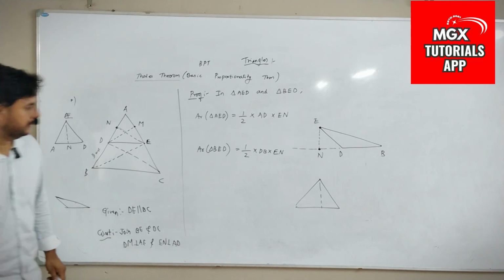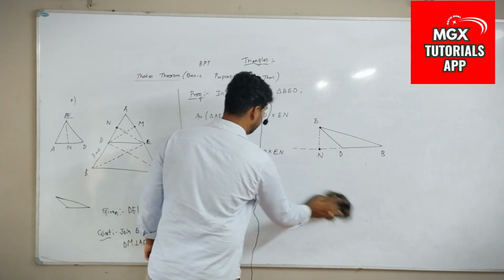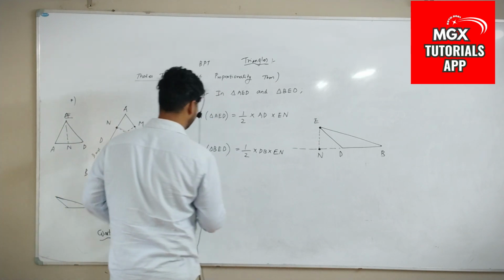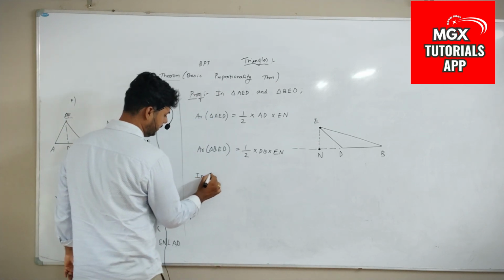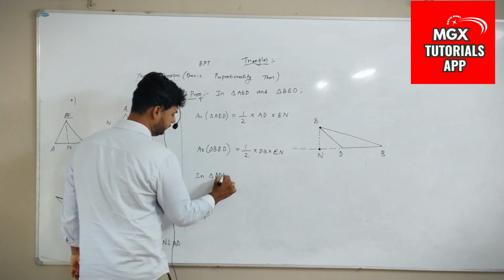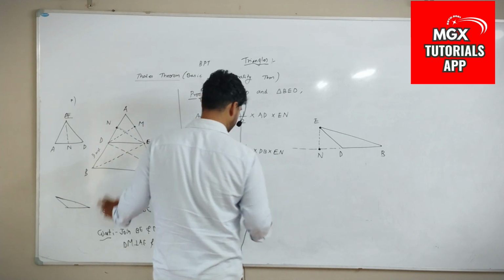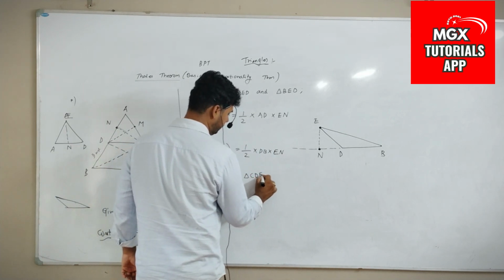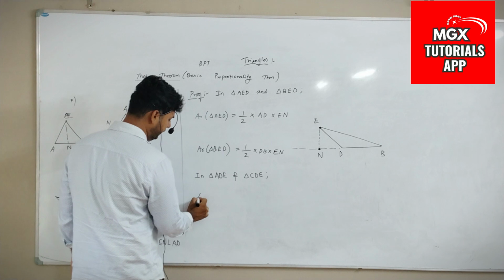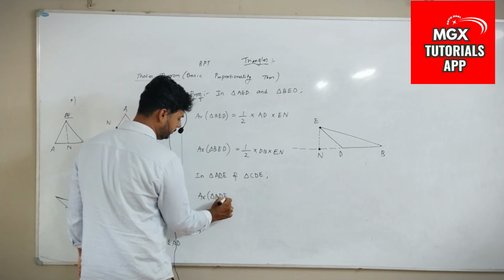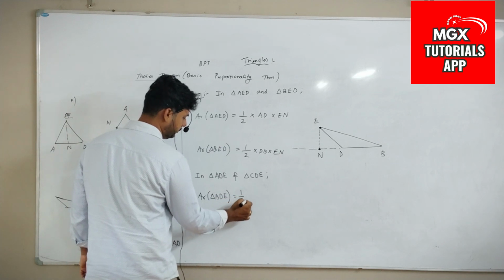Okay, next. Now we'll go to the second part of the sum. Again, I will take triangle ADE and triangle CDE. So area of triangle ADE is equal to half into